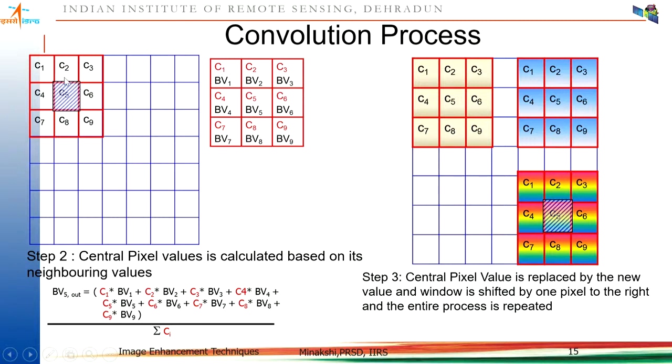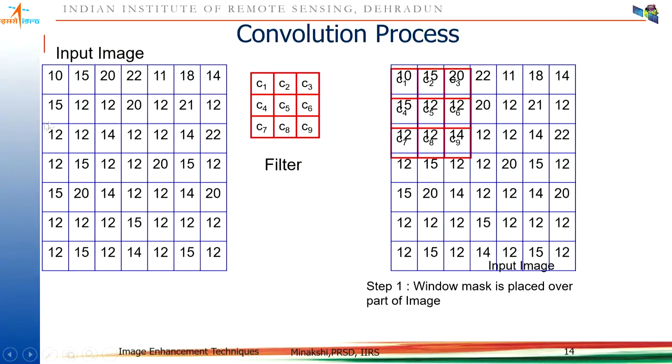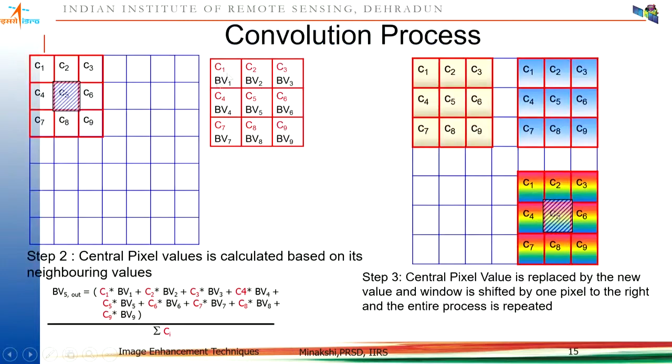And there were DN values behind it. In the previous slide, if you see, there were DN values 10, 15, 20, 15, 12, 12, and so on. So these were the values. Now I'm denoting them by a general value because I have to show you the formula. So constant and brightness value in the first location, second location, third location. Now you see the central value. Yeah, this is the central pixel.